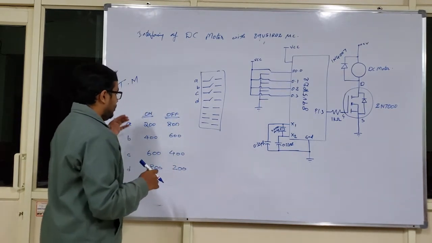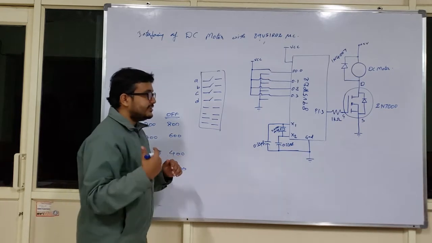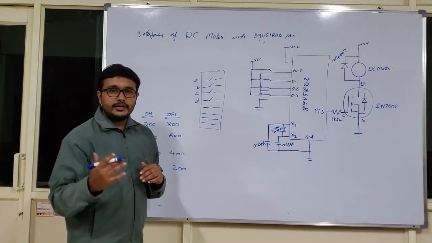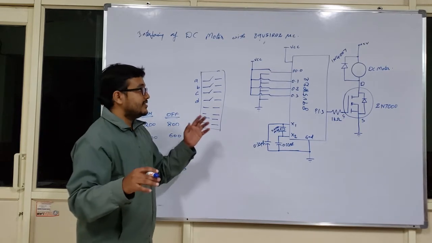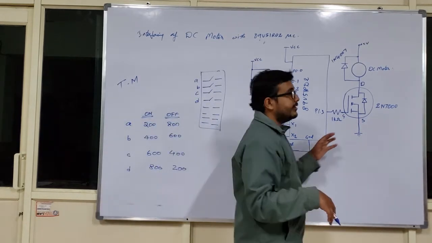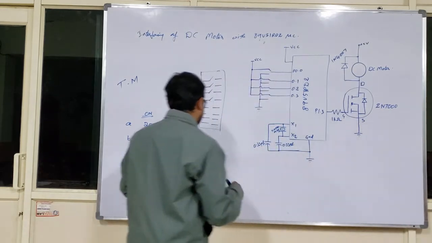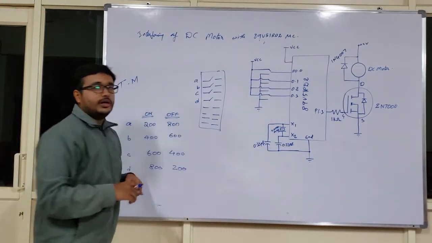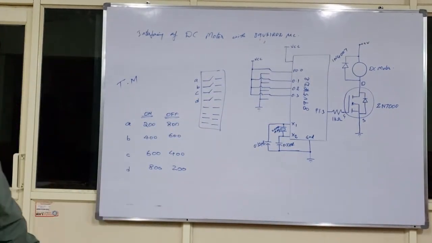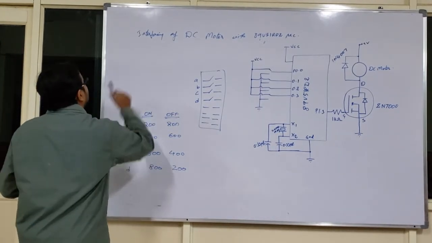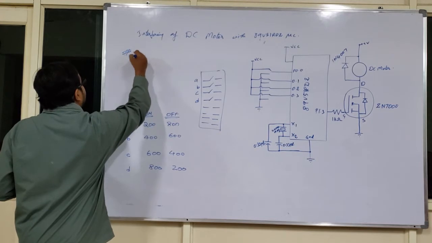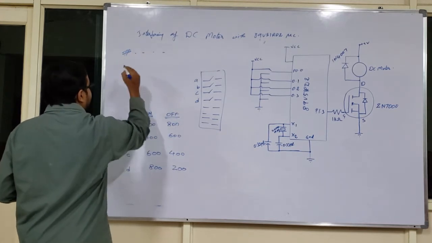Now I just wanted to give enough hint so that it is your job to program your microcontroller such that it can interface with your DC motor here. Before starting any program, the first and foremost instruction is to write void, including the header file. It is your job to include the header file.